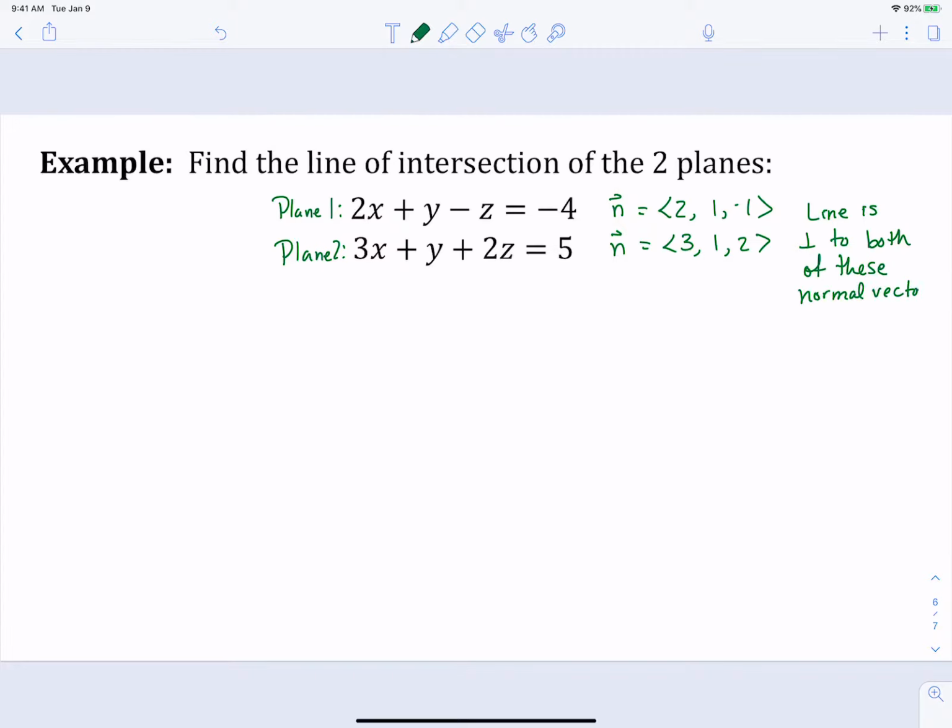So if we want a direction that is perpendicular to two vectors, we can get that, I better put subscripts on those, huh? By doing the cross product of those two normal vectors. That's going to give us a direction that is perpendicular to both of those normal vectors, which is what we want. All right, so let's do our